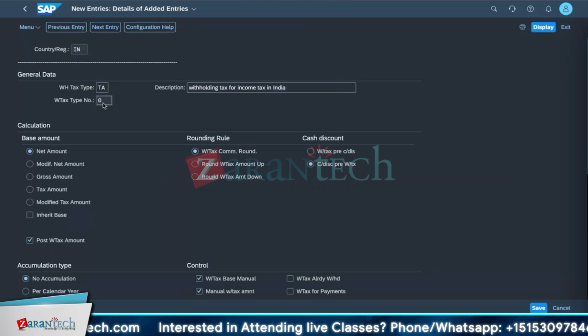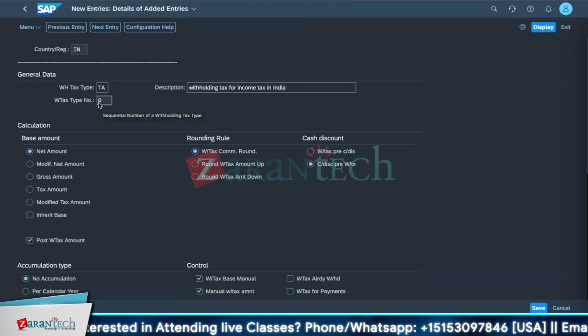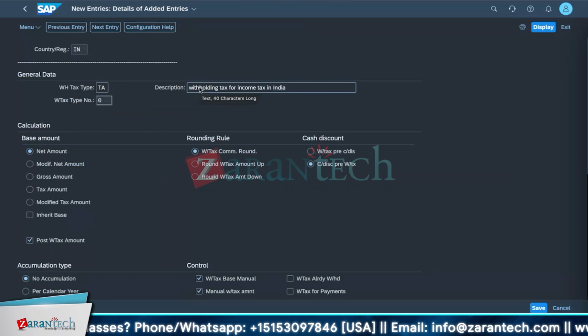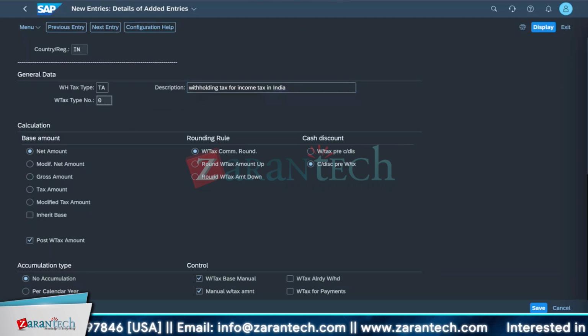Okay, so this is by default 0. You can't change that. The tax number is, because the system takes these configuration numbers. So you have to just input your value for the withholding tax type here with a valid description. This will be tailoring the configuration for your calculation, which will meet your further specific needs of your country and the region on which you will generally do further. And once you are done with this,